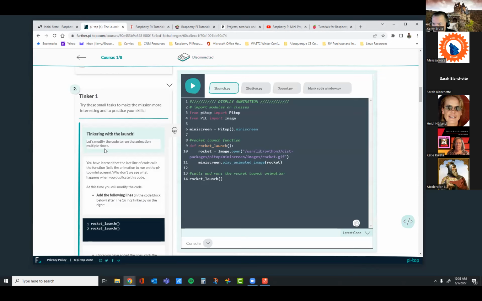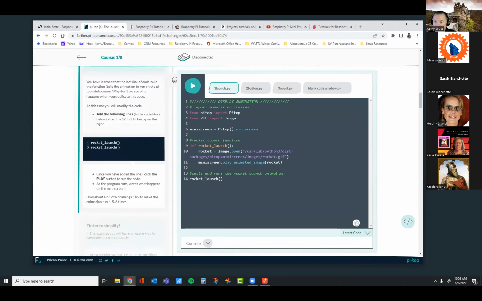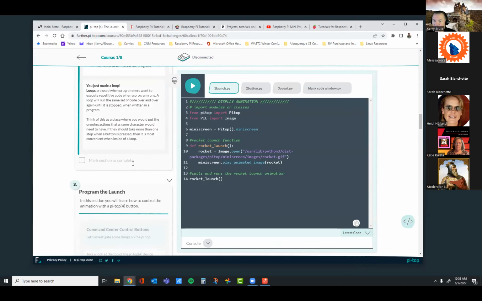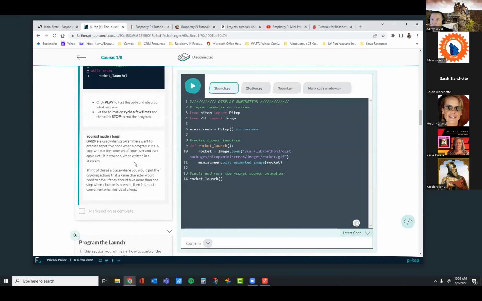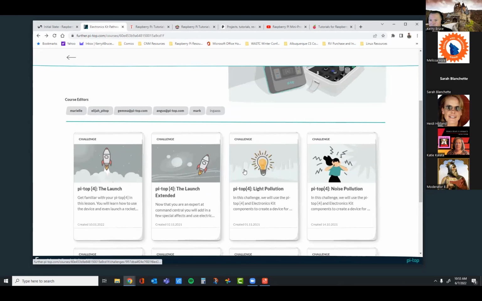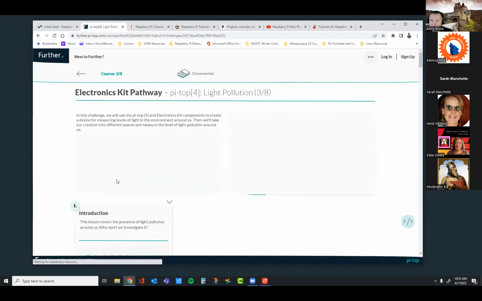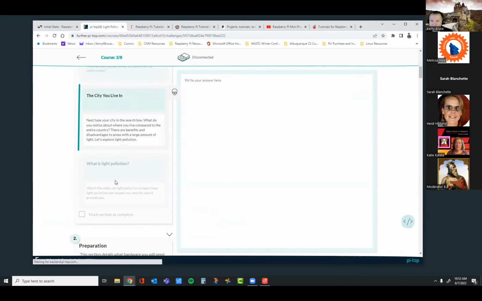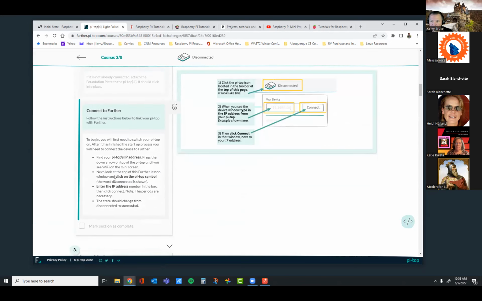I think they're going to have you, was this one playing the music? It looks like I was playing some kind of animated image. So this is going to play an animated image on the little screen that's on the computer. I'm excited to play with it and see what we can do with it, most specifically for me. Let me see if this one has a sensor attached to it or not. Also, this is going to pull some data on light pollution, so that's kind of cool.